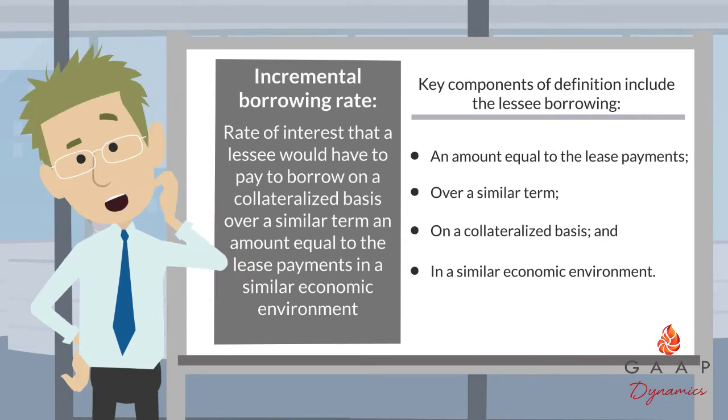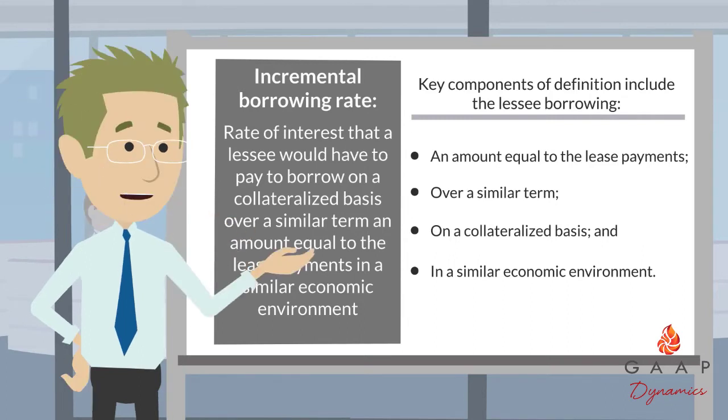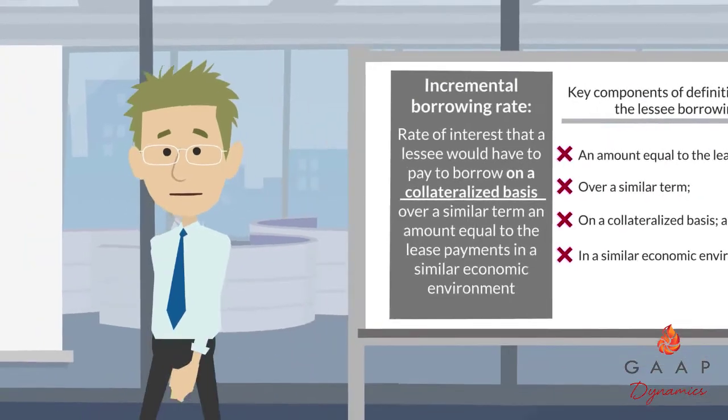Probably not. Why? Because it is unlikely that the debt is for the same amount as the lease payments over a similar term, and if the debt was issued prior to the commencement date of the lease, in a similar economic environment. Even if a lessee were lucky enough to have all those things match, they likely still would not be able to use this rate because corporate debt is an unsecured borrowing. ASC 842 strictly requires use of a collateralized rate.